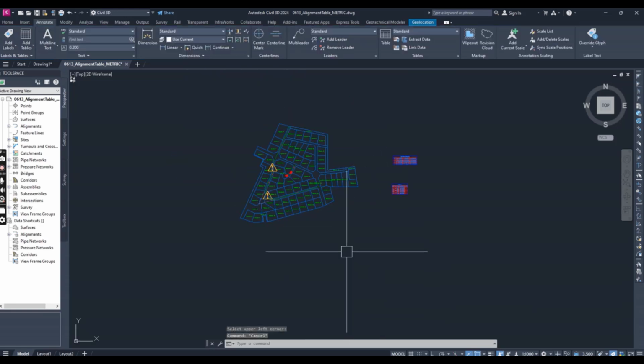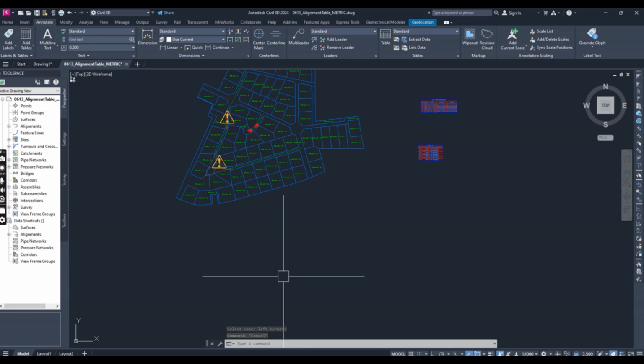So this is how you can populate your alignment with labels, and then you can create a table for segments in Civil 3D to populate your drawing. Hope you like this video. We are going to use new chapter profiles, and